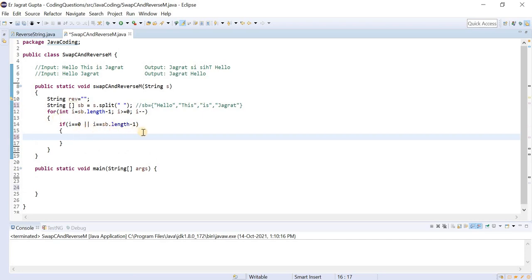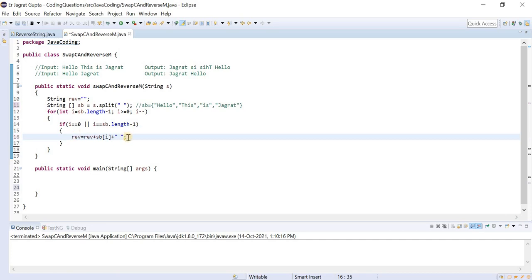Okay, so we need to simply keep that as it is. Just check this particular type of scenario. You can better understand this if condition with this scenario. So we need to just handle that. What we will do is say reverse is equal to reverse plus sb of i plus, like this.